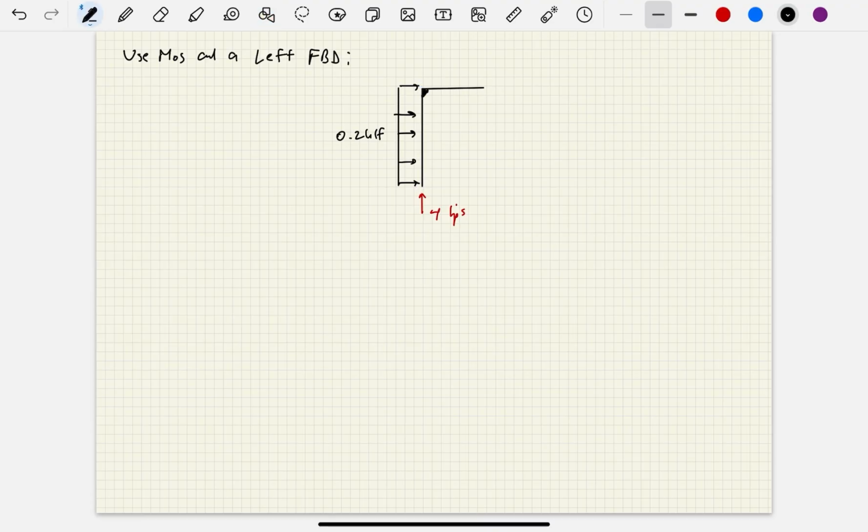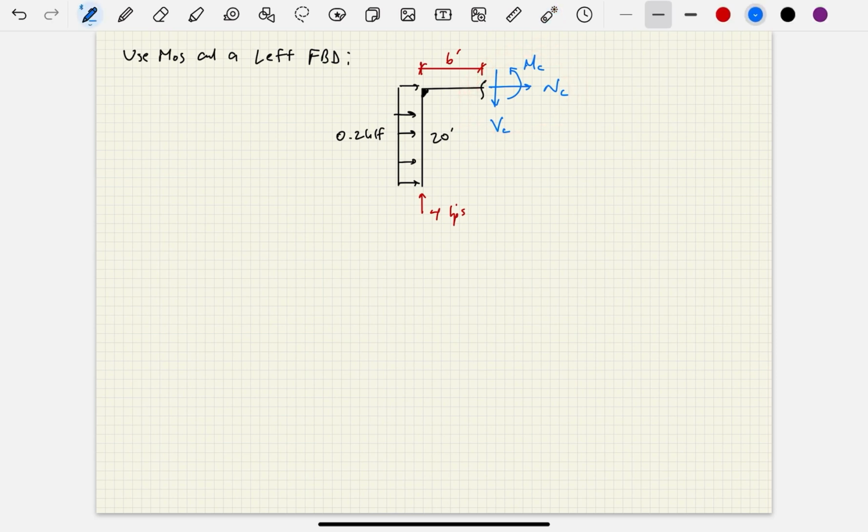And we're making a cut somewhere. Where are we making this cut? Well, we made this cut at a distance of 6 feet away from point B. So right here, that's that 6-foot dimension. And remember, that vertical member is still 20 feet tall, okay? Now, what shows up when we make this cut? Well, we're going to have a VC, a shear force at C, a normal force at C, and a bending moment at C. And now we're going to use equilibrium equations on this left free body diagram to get these